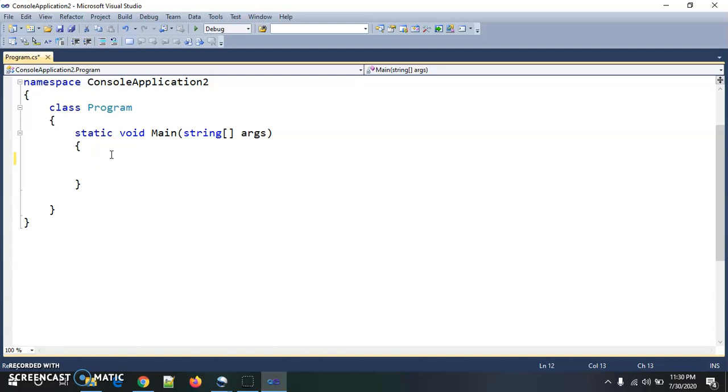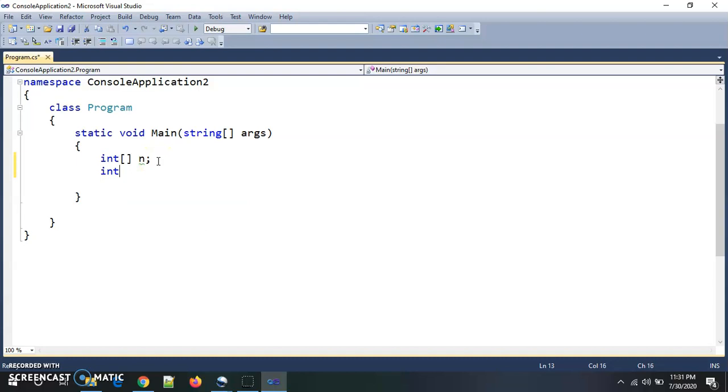When we want to store multiple values inside a single variable, then we use an array. So how do we declare an array inside C#? If I want to declare an integer array, then mention the data type as integer and give the square brackets. This means that we are declaring an integer array. And after this, give the array name. For example, my array name is n. We can declare our array in this way.